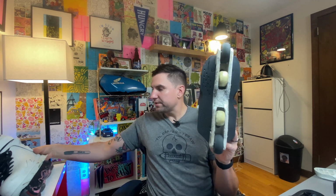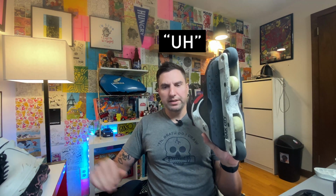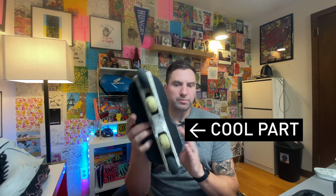So they're not dramatically bigger than the 909 soles, but they're more consistent. The 909s taper in the back, whereas on these Sway soles, they're pretty wide. Also, the negative space is a bit bigger on the Sway soles, especially on this part right here, which is cool because I've been enjoying some negative setups recently. And also skating these,